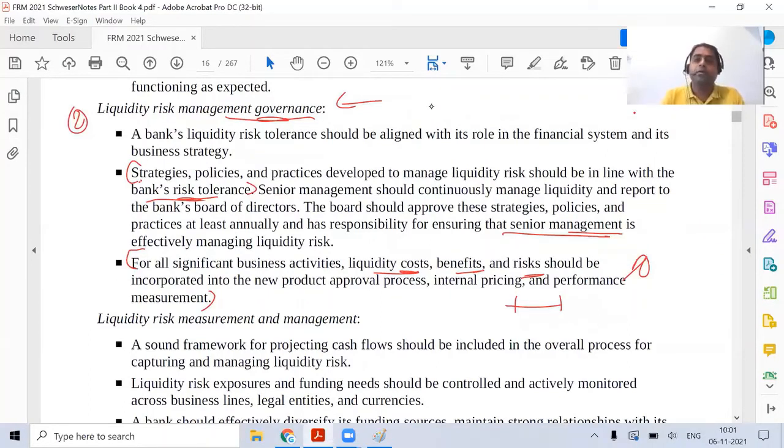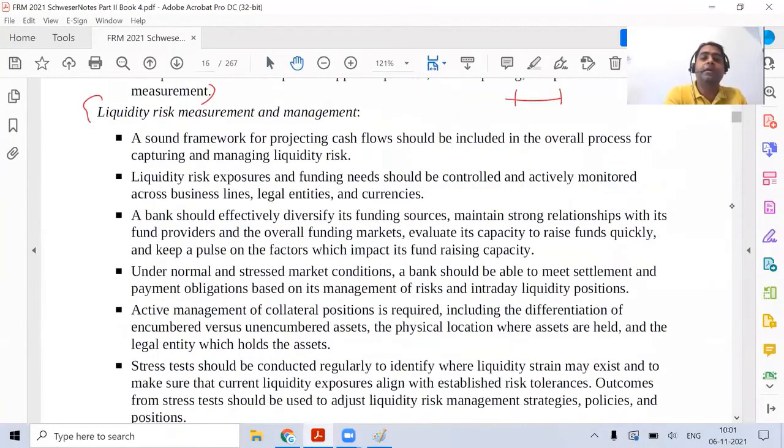Let us move towards the next section, liquidity risk management and measurement. Over here is where the actual policy with respect to the calculation and understanding of liquidity risk, and incorporating it into pricing or decision making, is done. So a sound framework has to be there to understand what the projected cash flow for the bank can be over a period of time. What are the different sources through which you can get cash flow? If there is a liquidity mismatch, is there a possibility to raise money from the market during that period of time? And you can plan in advance to do that.